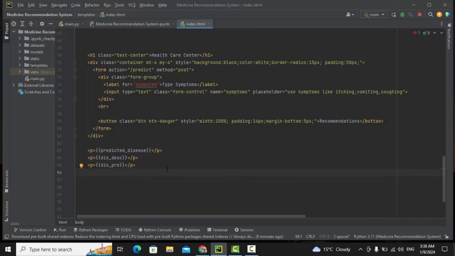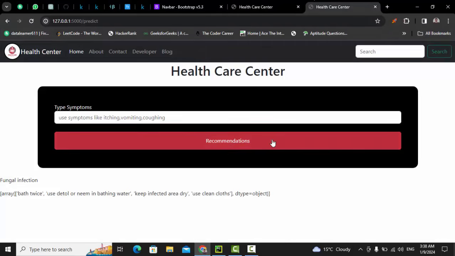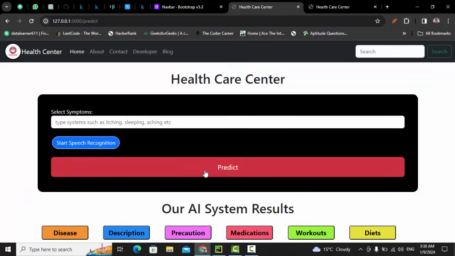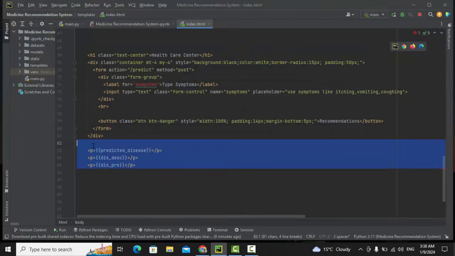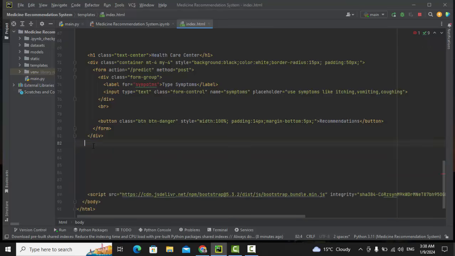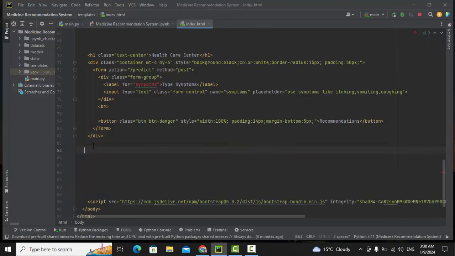What we can do, the moment we click on this recommendation button, like here, the moment I click on this recommendation, I want further 5 buttons here to be displayed. Like here, the moment I clicked on prediction, I pop up all these things. So for that, what we can do, let me remove this part from here. Right after the form div, just below the form div, what you have to do,